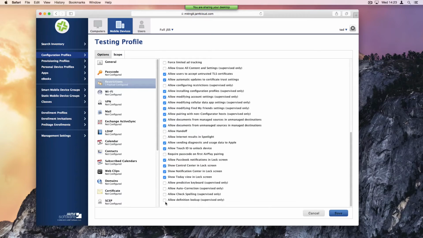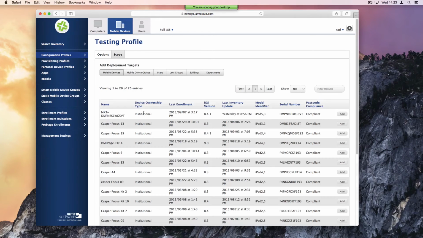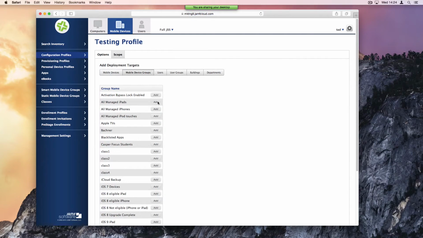So with the Casper Suite, you can choose how you want to configure the devices, and then I can choose specific devices to apply this to, or I can have groups of devices or groups of users that I'm going to apply it to. So for example, I could say I want this to go to all of the iPads in my school, or I could choose a specific class or subset of classes that I'm going to apply this to. The configurations are deployed over the air, so it's going through your wireless network,